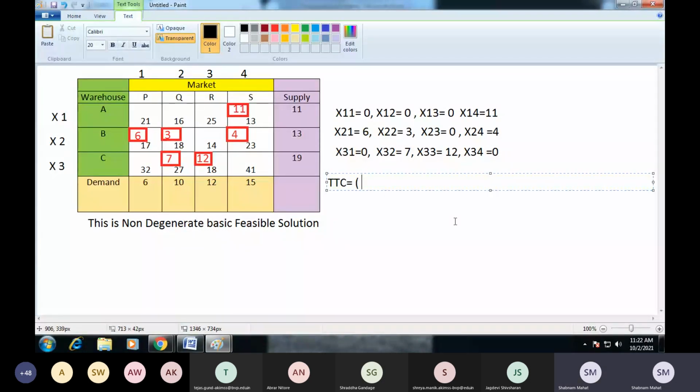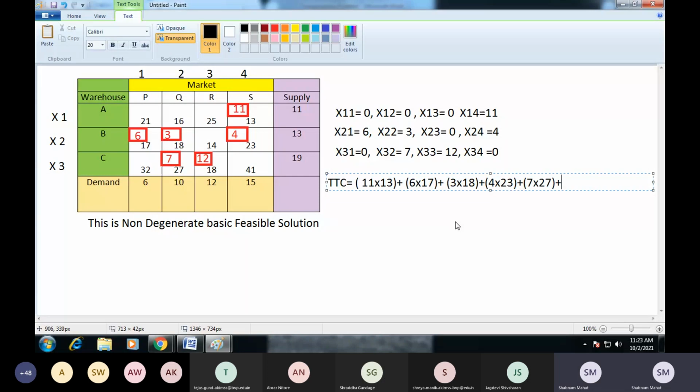So 11 into 13 is there, then 6 into 17, plus 3 into 18, plus 4 into 23, plus 7 into 27, plus 12